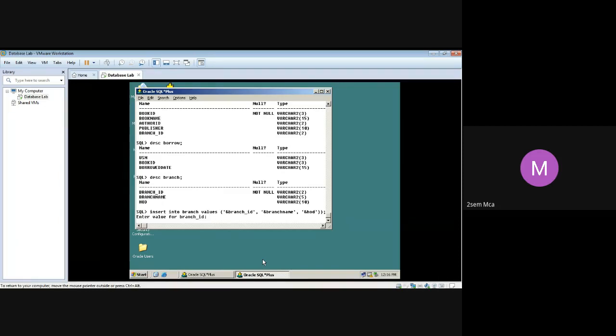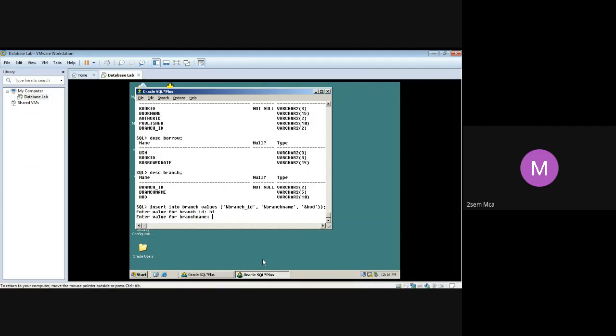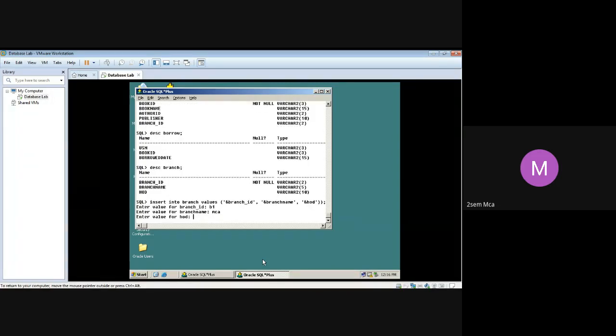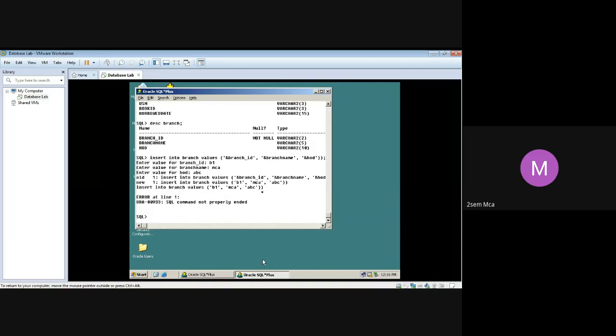Please be very, very careful with your spellings. If you go wrong in your spellings, it will show errors again and you'll have to correct it. Now I'll go on inserting and finally I will show you the select star statement so that you can enter the same data. First record is B1, MCA, and HOD is ABC.